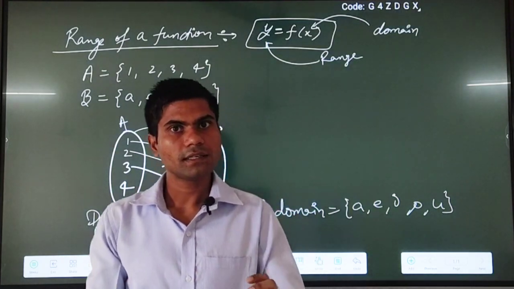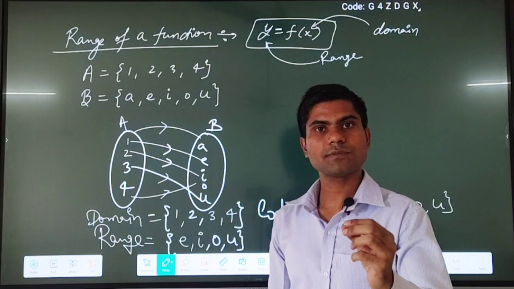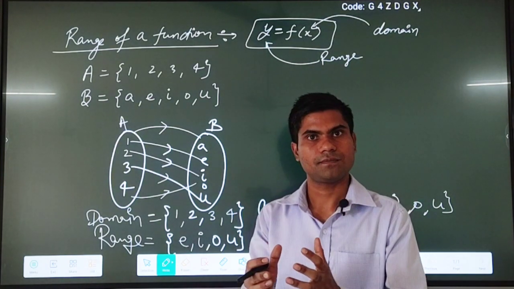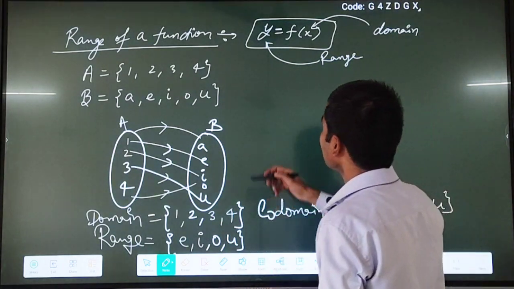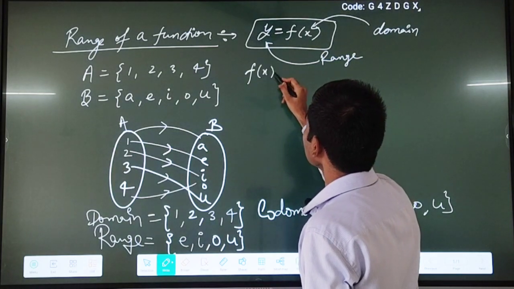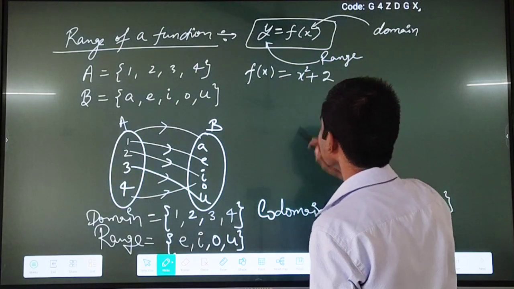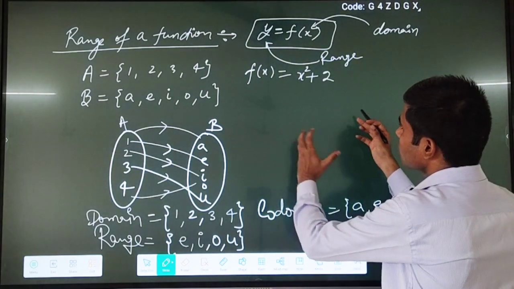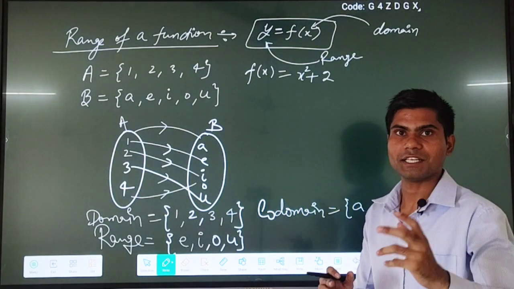Okay, here you can understand one thing: domain and range. X means domain and y means range. Y means f(x) because y is equal to f(x). So let's discuss an example. Let's suppose you have f(x) equal to x square plus 2. Okay, we can start with basic examples. So suppose you have f(x) equal to x square plus 2. The question is to find the domain and range.